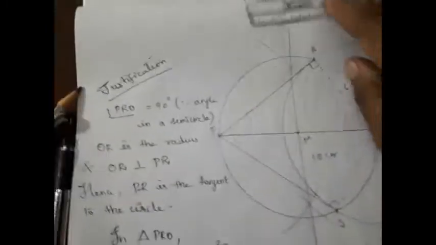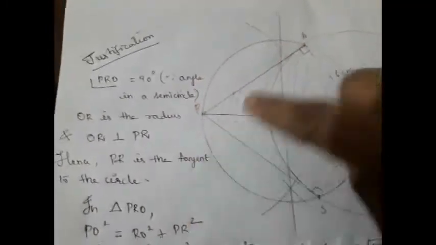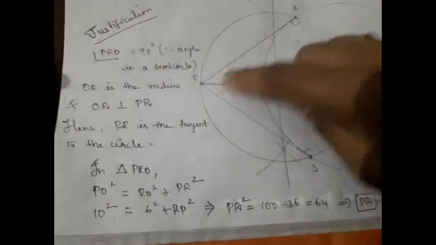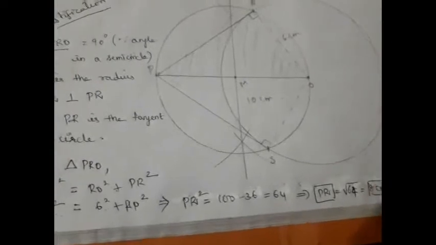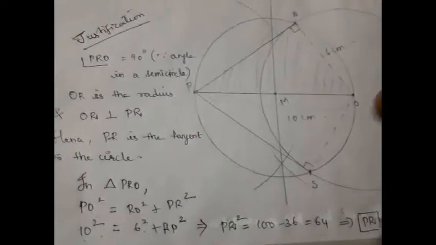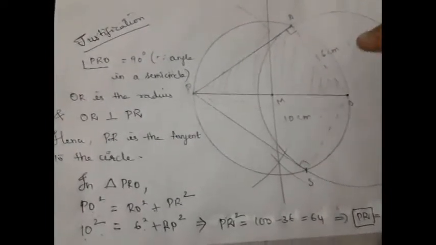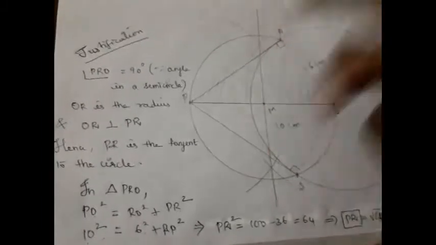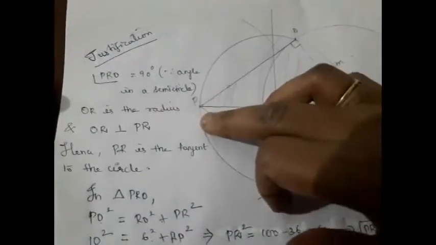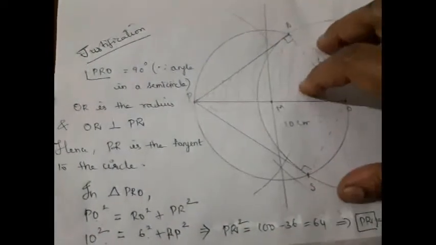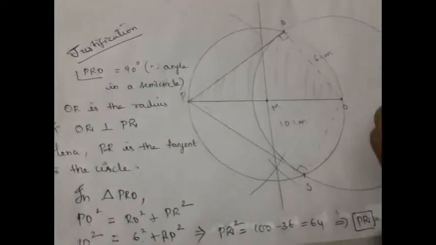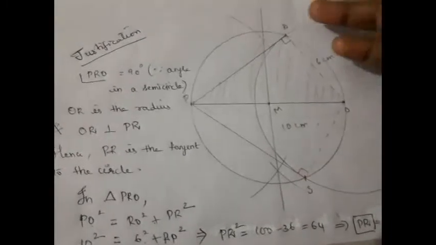So, in this justification, what you have to write? First you have to write how it is the tangent, and you have to check the measurement of the tangent by using Pythagoras theorem, and whatever answer you are getting through Pythagoras theorem should be equal to the length of the tangent what you have drawn. That is the justification for this construction, right? So this is the basic thing to draw how to draw the tangents from the external point of a circle, right? So using this they have asked a few questions in exercise 11.2